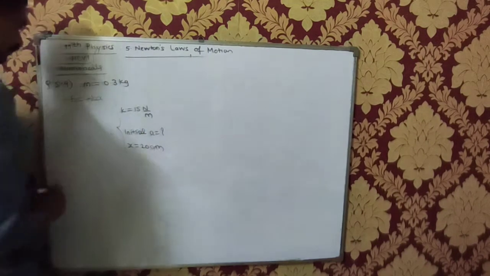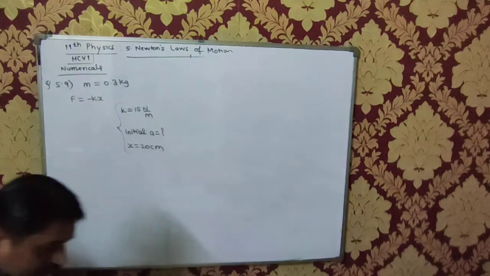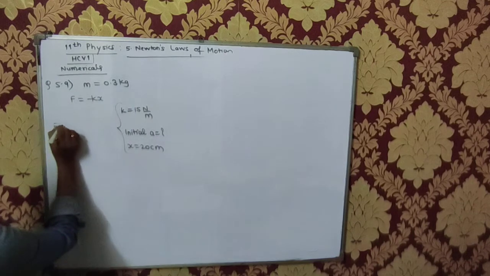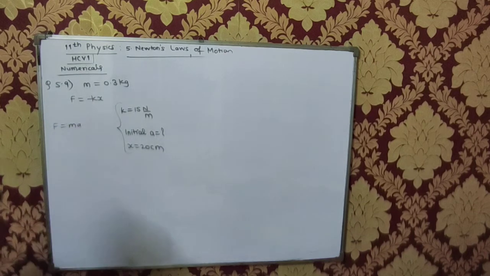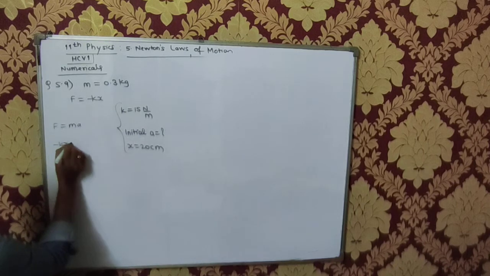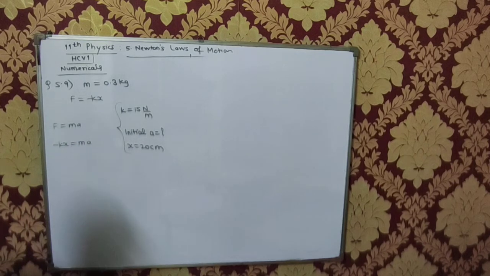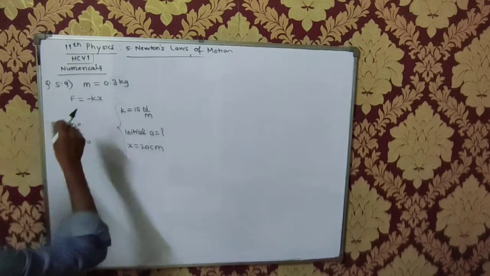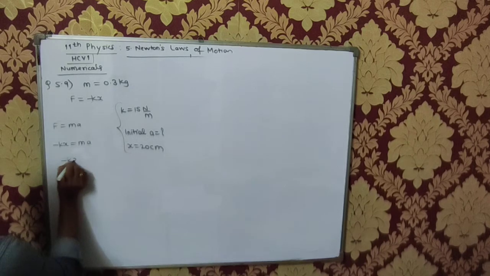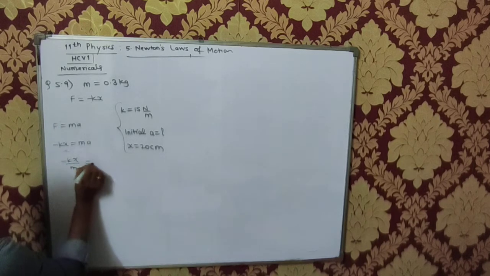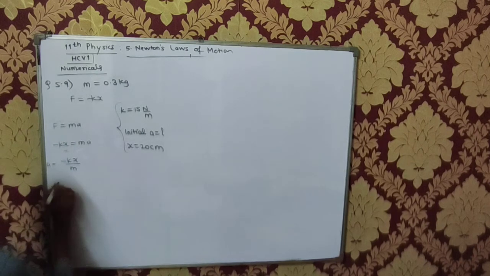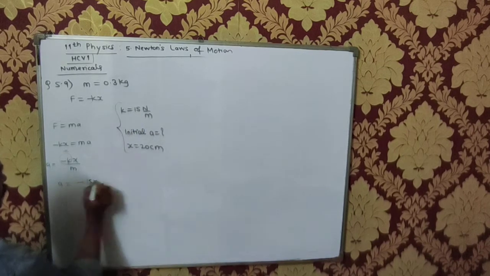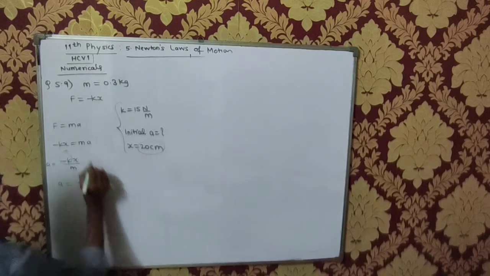How's that? Yes? Now I know that force F is equal to ma. Same. F is equal to minus kx is equal to ma. The LHS is same, the RHS is same. Let me equate the RHS. So minus kx upon m, m goes here to divide. That will be a. Yes or no? Yes. So a is equal to minus k, minus 15 into x 0.2, upon mass 0.3.